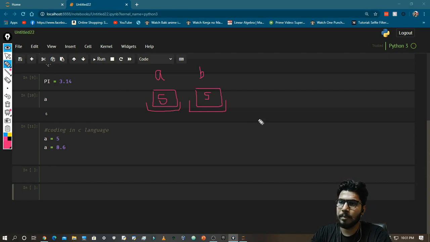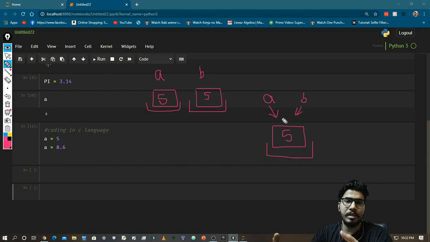So what is going to happen in Python is that if you have a single value stored in two variables, then the Python interpreter is going to store the value in a single place, and then A will point to this value and B also will point to this value. Now what happens if you want to change one of the variable values?